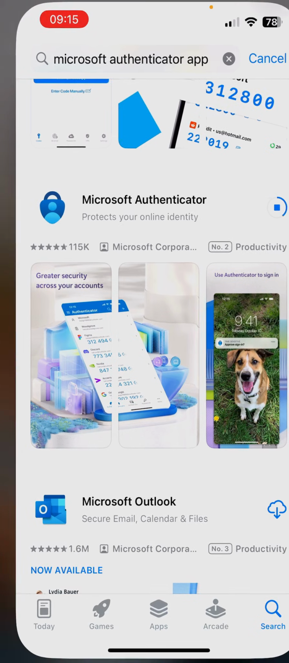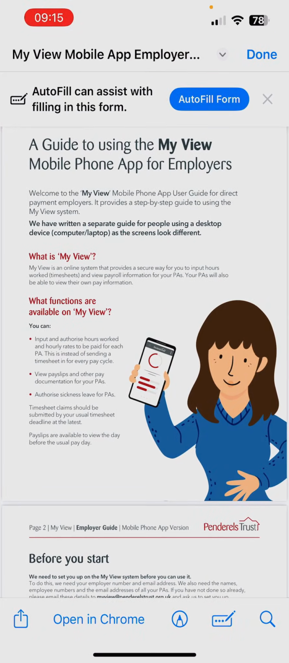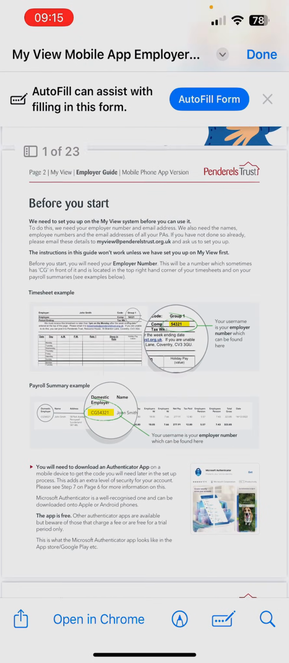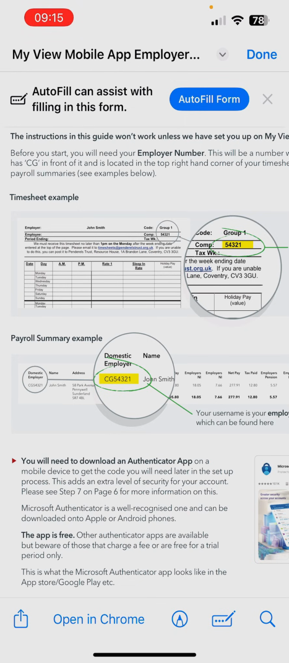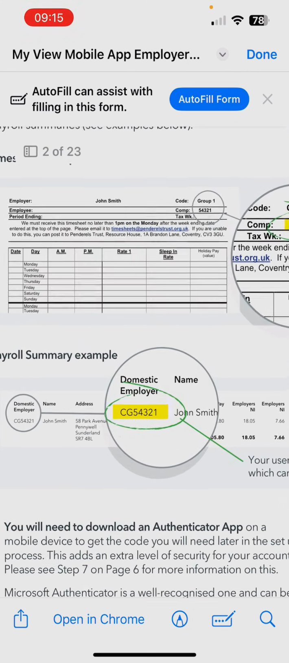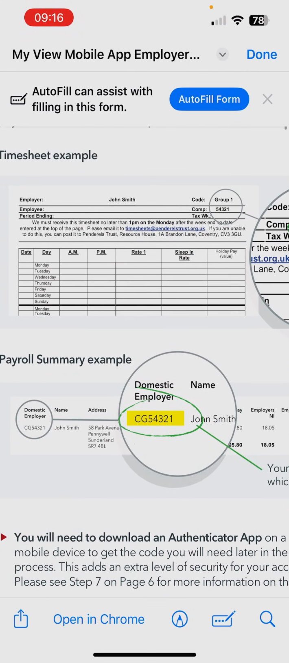While that's going, what we're going to need to go back to is the user guide, because this has some useful information on how to get your username, which you're going to need to log into MyView. So if you're an employer, your username becomes your comp number with ER in front of it. Your comp number can be found on the top right hand corner of your timesheet as shown in the example here. So John Smith's example, his 54321 as his comp number. So his username would be